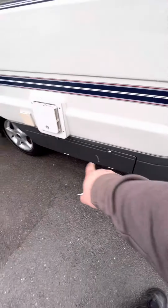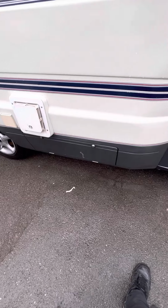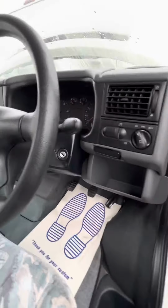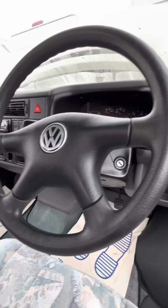You have also got a lower locker down there, but that is just for storage really, so I don't need to show you that. In the cab, there's not a huge amount to show you. The only thing I will point out